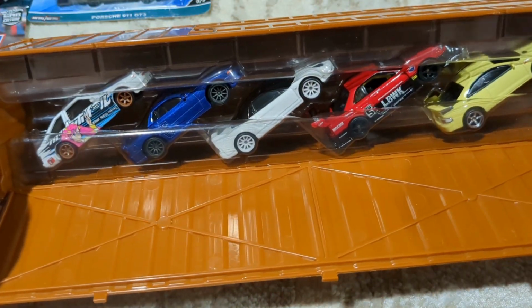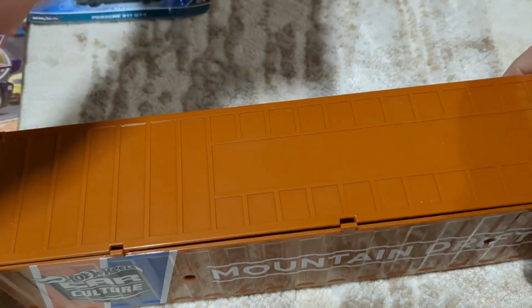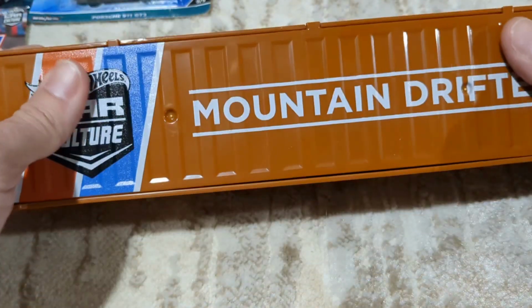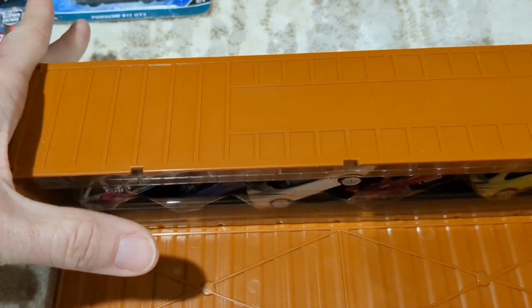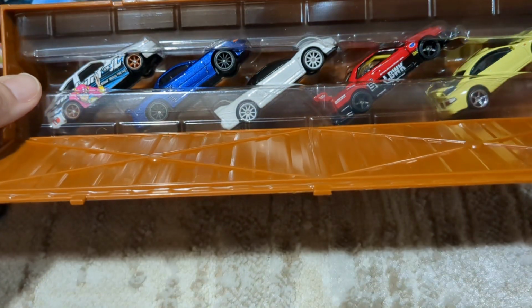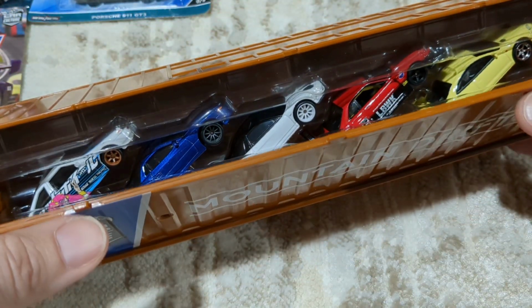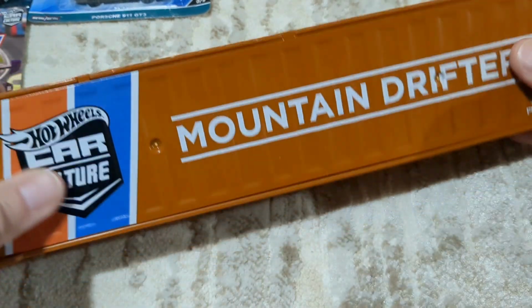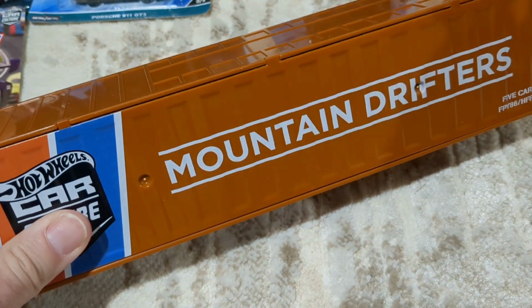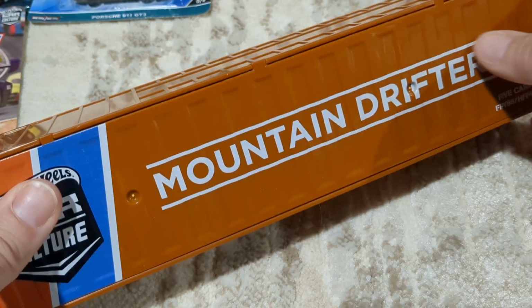if I want to. They store better than cards, at least for me they do, because you're not having to try to stack them and put them in a tote. But overall, I just like the containers better. And to be honest with you, most of the time, these are cheaper when you buy them outright. And if you can find them at stores like Ross, you get them at a really good discount. This one I paid like probably 22 bucks for, so 5 cars for $22,